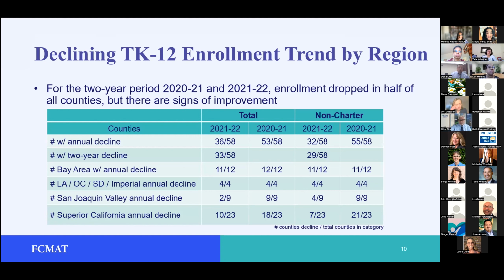Otherwise, these are county counts. There are 58 counties in the state. You can see I gave you total and I gave you non-charter. Non-charter are traditional public schools. The state uses this term, so I'm using it here to match the data in case you wanted to disaggregate this data and look at my data source. I'm using the same terminology. But you can see here